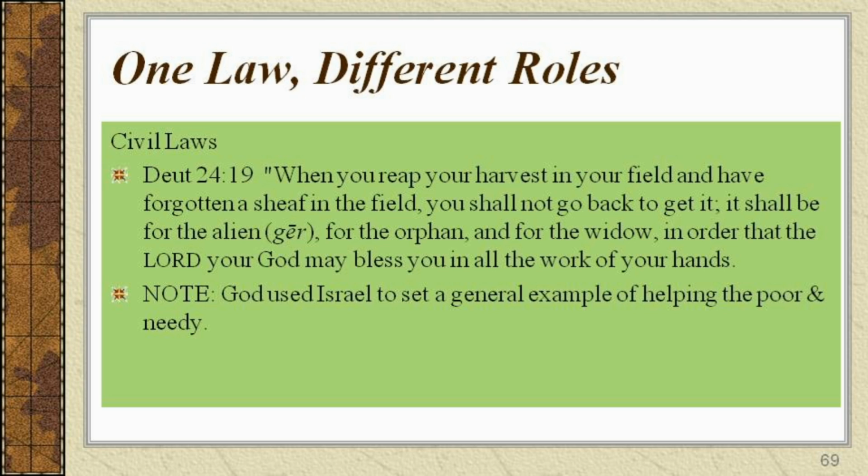A resident alien could not have owned land within Israel where he could grow his own food. He had to find work wherever he could in order to support himself. And a widow or an orphan might be able to raise some sheep or goats, but they would not have been able to plow a large field to grow grain. So this particular law required the native-born Israelites to show generosity to the poor and needy within society, even if